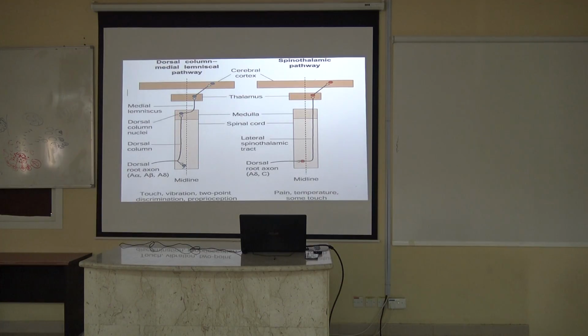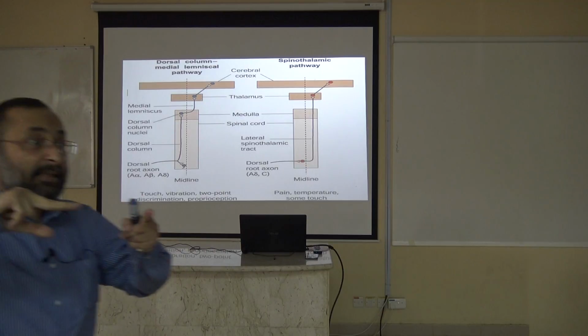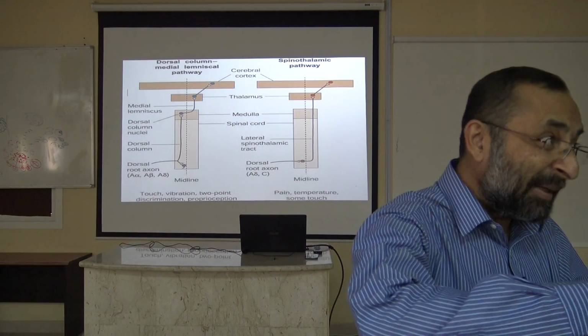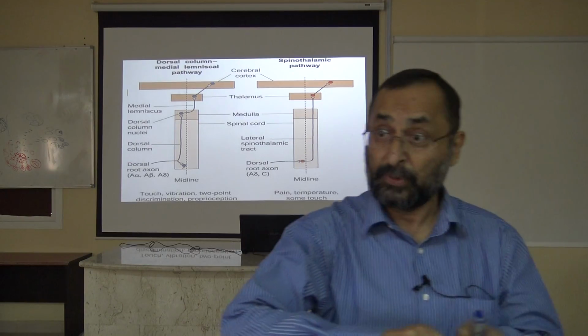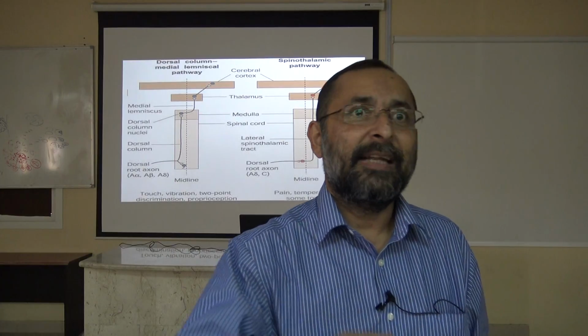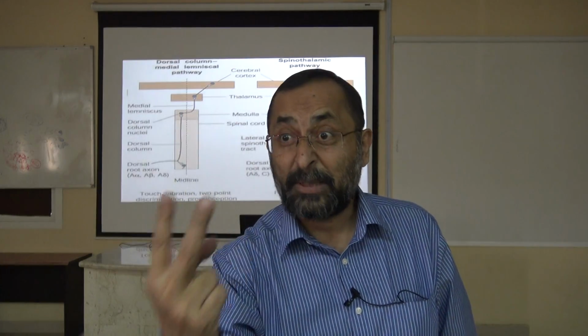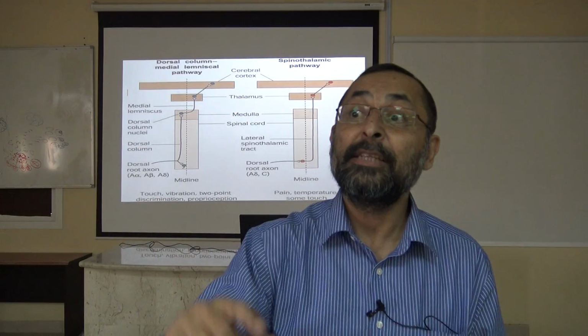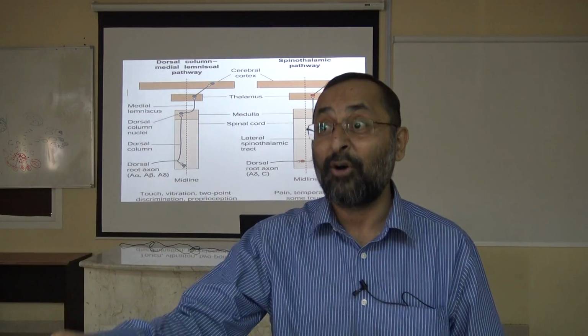Anyway, it's called 2-point discrimination. Yani, the brain's ability to understand that 2 points are being touched at the same time, or 2 stimuli are being given. So when I say fine touch, it means 2 special qualities of touch. Awwal, tactile localization. Second is 2-point discrimination. This is the meaning of the